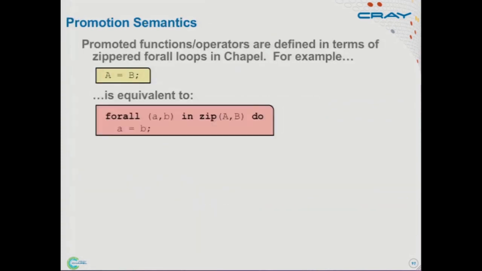And then one other thing I wanted to say about the data parallelism is a little bit more about these promotion semantics. Whenever we have one of these promoted operators, like equals here, which is basically a scalar operator, but we're assigning it to 2 arrays, that ends up being a promotion of that scalar equals operator across all of the array elements. Anytime you see these promotions, they're basically equivalent to a zippered forall loop. So for example, this very concise statement, A equals B, is equivalent to forall little a, little b in the zippered iteration of big A, big B, assign little a, little b. So there's always a one-to-one correspondence between these promotions and forall loops.